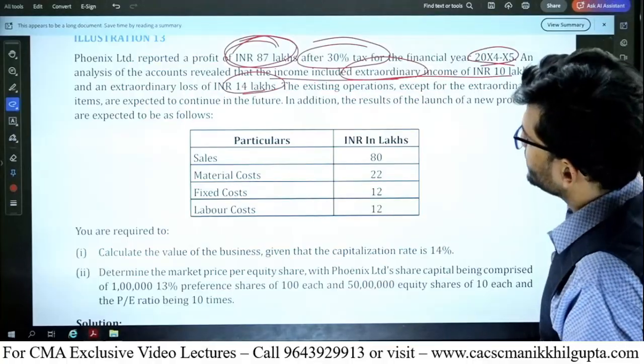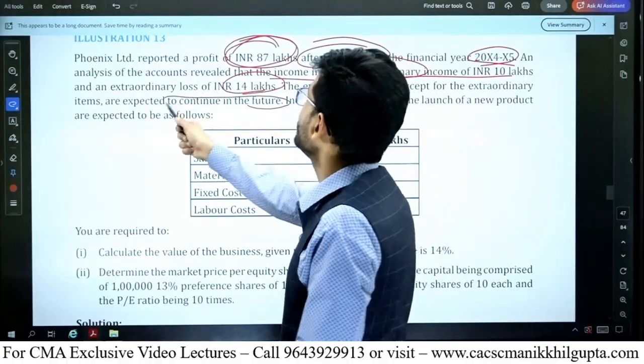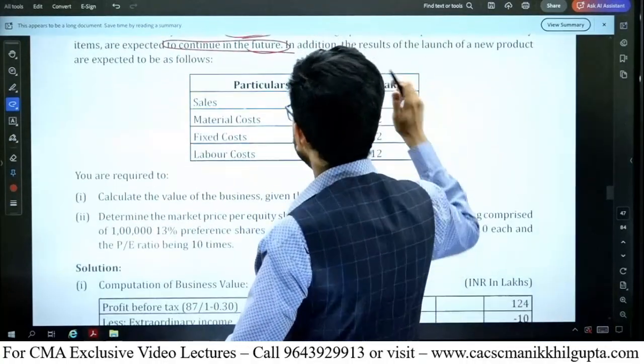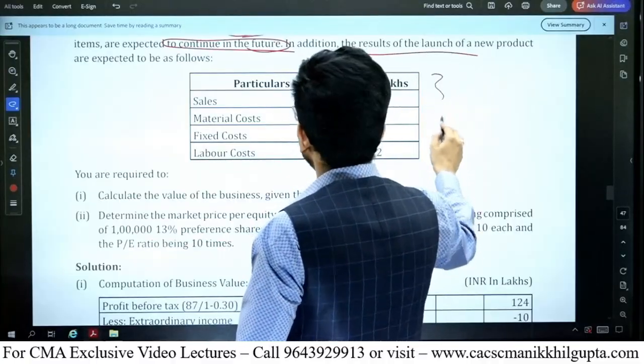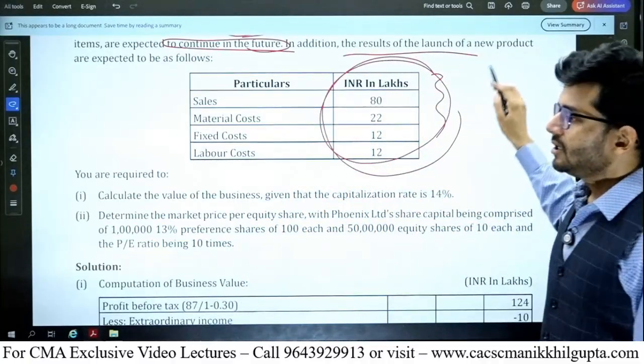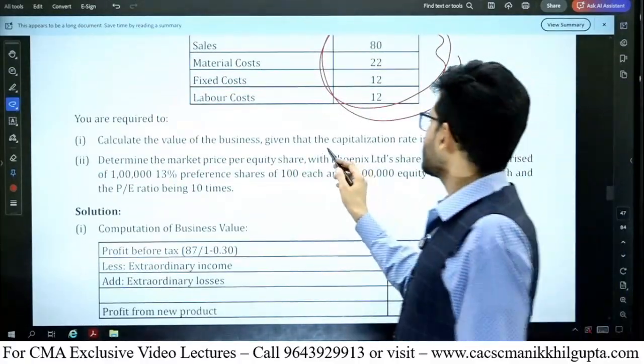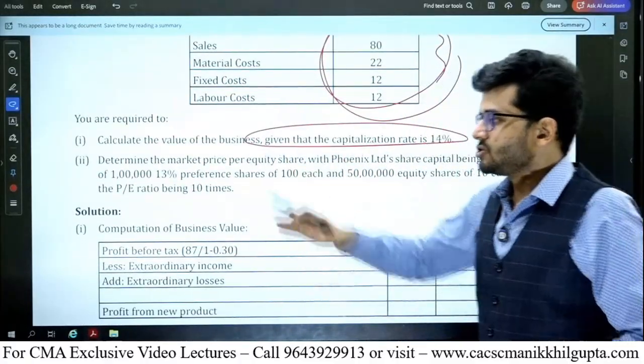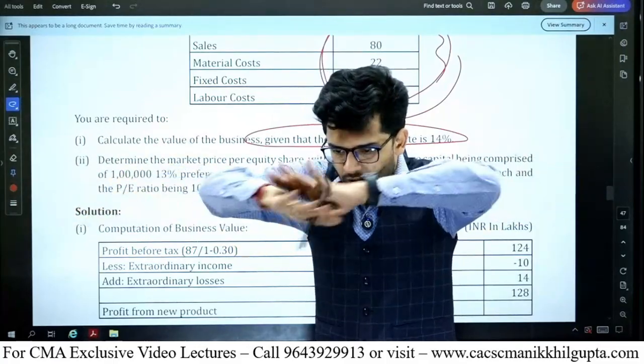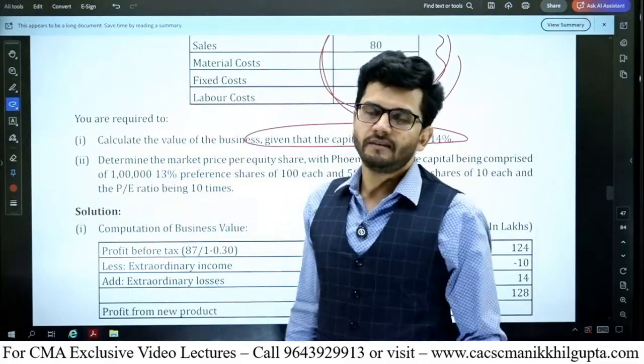Existing operations except for extraordinary items are expected to continue in future. So the same financials will be there in the future as well, in addition to the result of the launch of a new product. So this is the new product which is going to be added to our business along with the existing revenue. Calculate the value of business given that capitalization rate is 14%. So the existing business plus the new business, total of both of them capitalized, that is the value of the